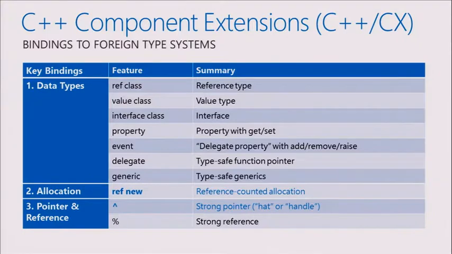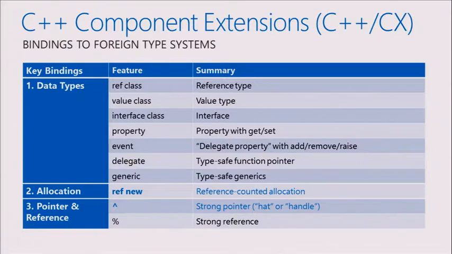So here's a quick summary of the new things in C++ CX. If you're just consuming WinRT types in your C++ code, all that you need to use is these two things. This caret character, which we call hat, is a reference counted strong pointer that does automatic reference counting and everything. And this ref new is to instantiate a new object. That's all. But if you want to create your own WinRT classes, then we have